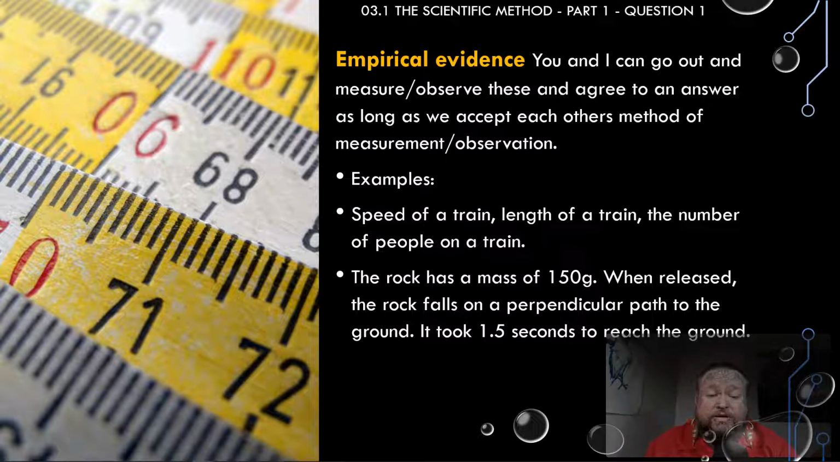Another more specific example of an observation or empirical evidence that was gathered is: the rock has a mass of 150 grams. When released, the rock falls on a perpendicular path to the ground. It took 1.5 seconds to reach the ground. And you can get that feel right there of that empirical evidence. This is a number, it is quantifiable, and someone else can then go the same way and do that same